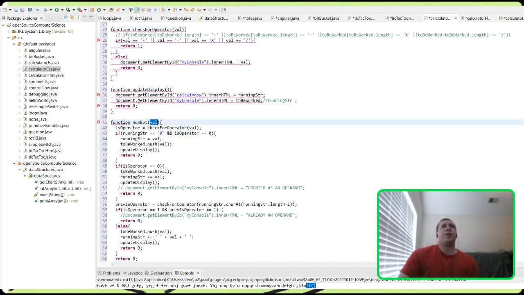So that's sent to check for operator. So that's evaluated as not an operator. So that's going to be 0. So it would satisfy here, but then that would be 0. If it's just 0,